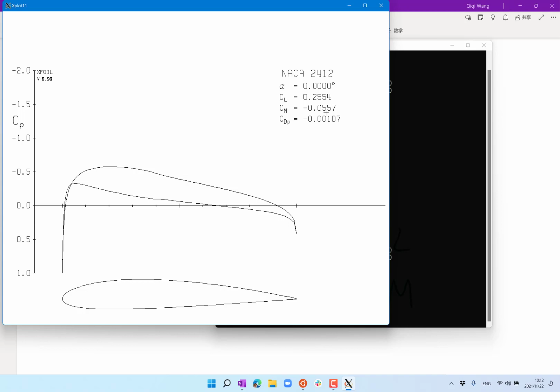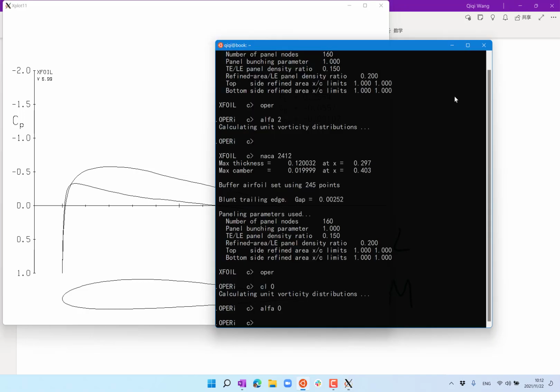of the quarter chord. Okay, so if you divide this number by this number, you get actually about 1/5, right? You get about 1/5. So the center of lift is 1/5 of the chord behind the quarter chord, somewhere pretty close to half of the chord. Now, if you take a thick airfoil,